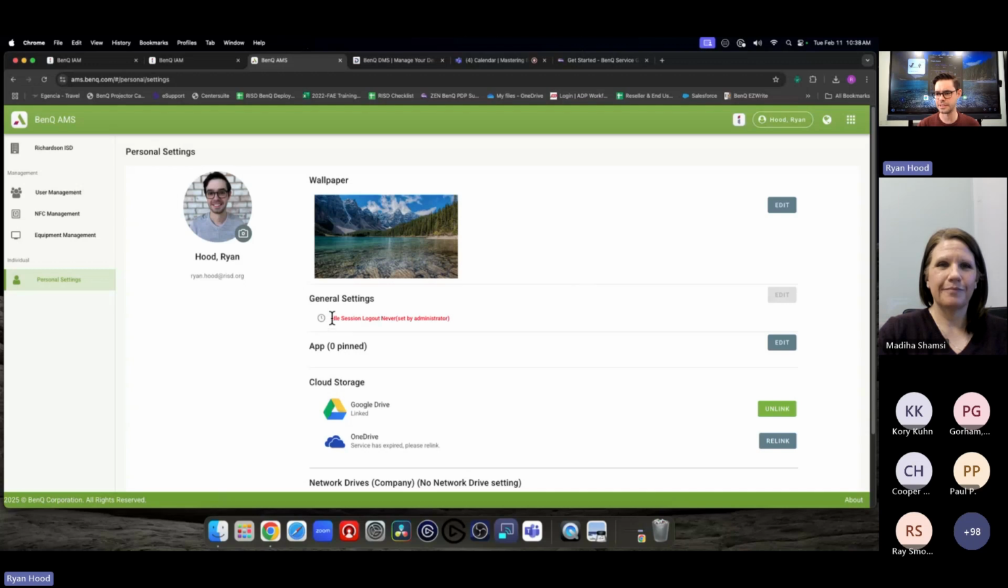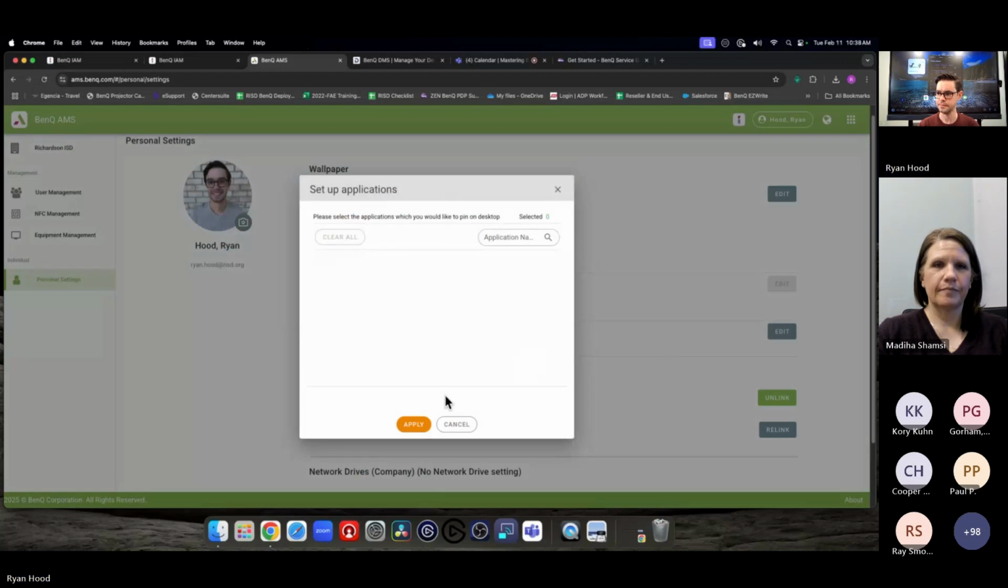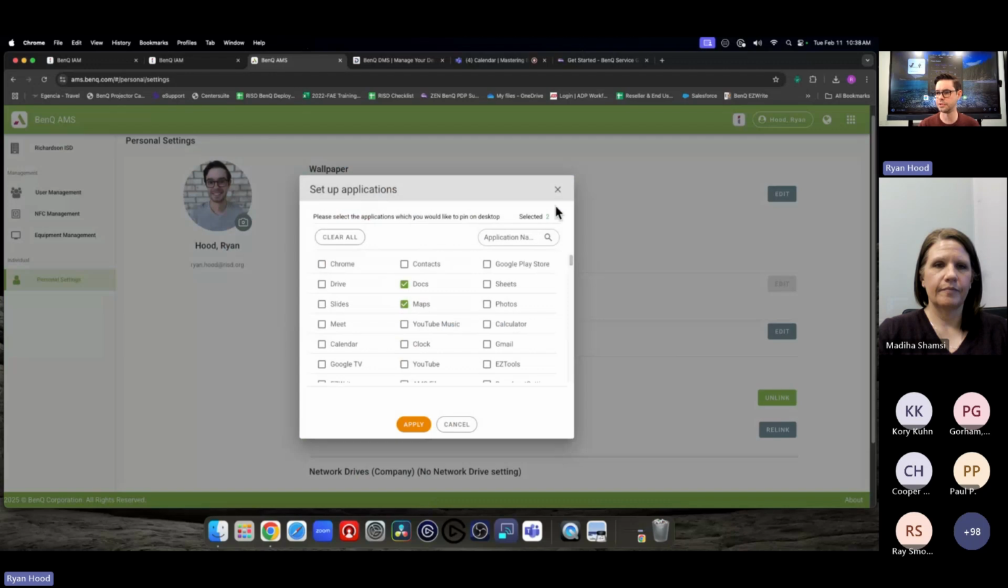And then there's things that they can't change, like logging out. The boards will automatically log out at 30 minutes for security, but I'll show you a way that we can set that to never. It's awesome. You can also pin apps as a teacher. And there they are. So you can just click different things and it'll pin it to the home screen,